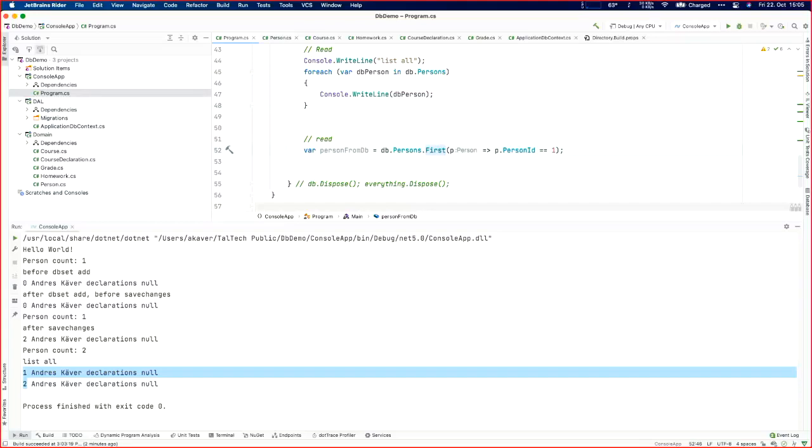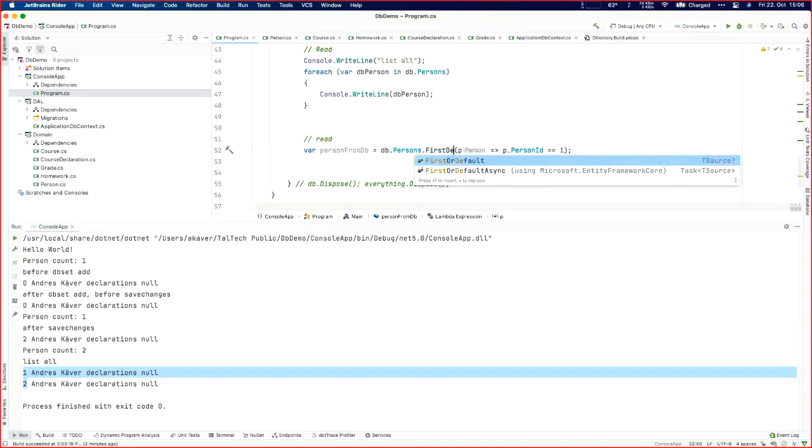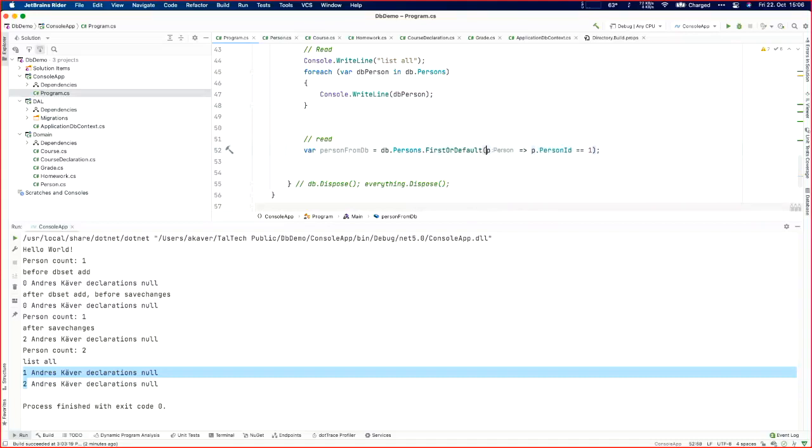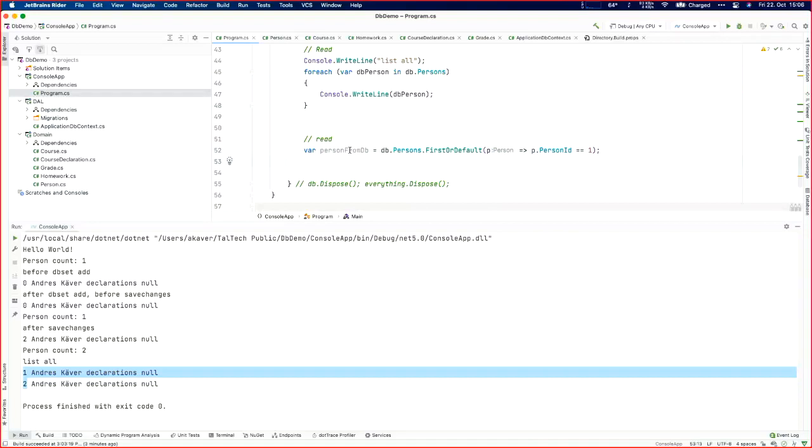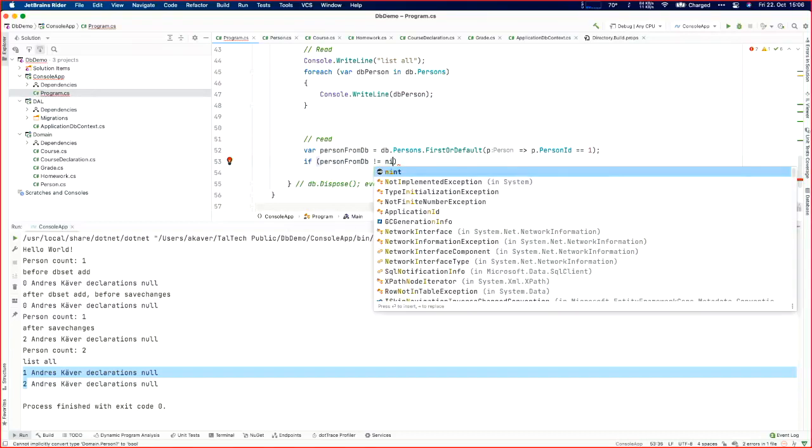Now, not the problem, but the issue here is, or how it works is that First actually tries to grab the first record from the results. If there are none, then this will crash. That will be an exception. If you want to get the first record or null, then we have this FirstOrDefault. So now this person from DB might be null. So if it's not a null,